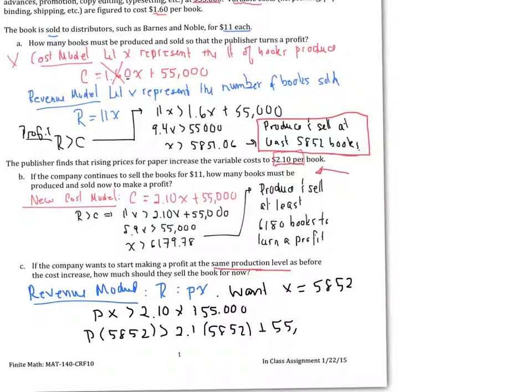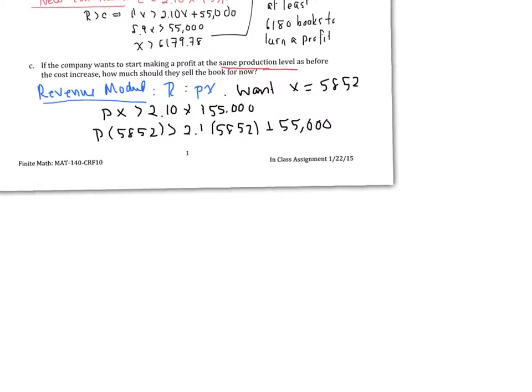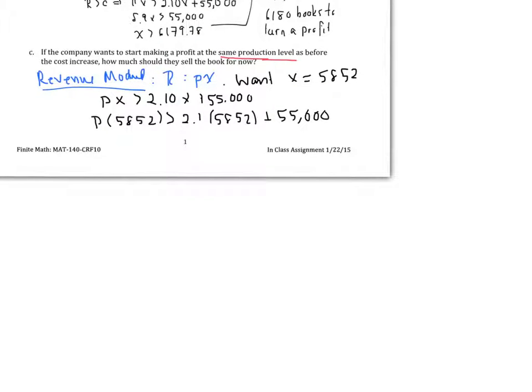And so, I mean, this just takes a little bit of calculation. It doesn't take that long. But here, for example, I multiplied 2.10 times 5852 and added it to 55,000. I'm running out of room, so I'm going to move this up a little bit to create more space and write down here. And so on the left, nothing changes, except maybe I write it like this because it looks a little bit nicer. But on the right, when I do the computation, I get $67,289.20. And then when I divide both sides by 5852, I get that P has to be greater than